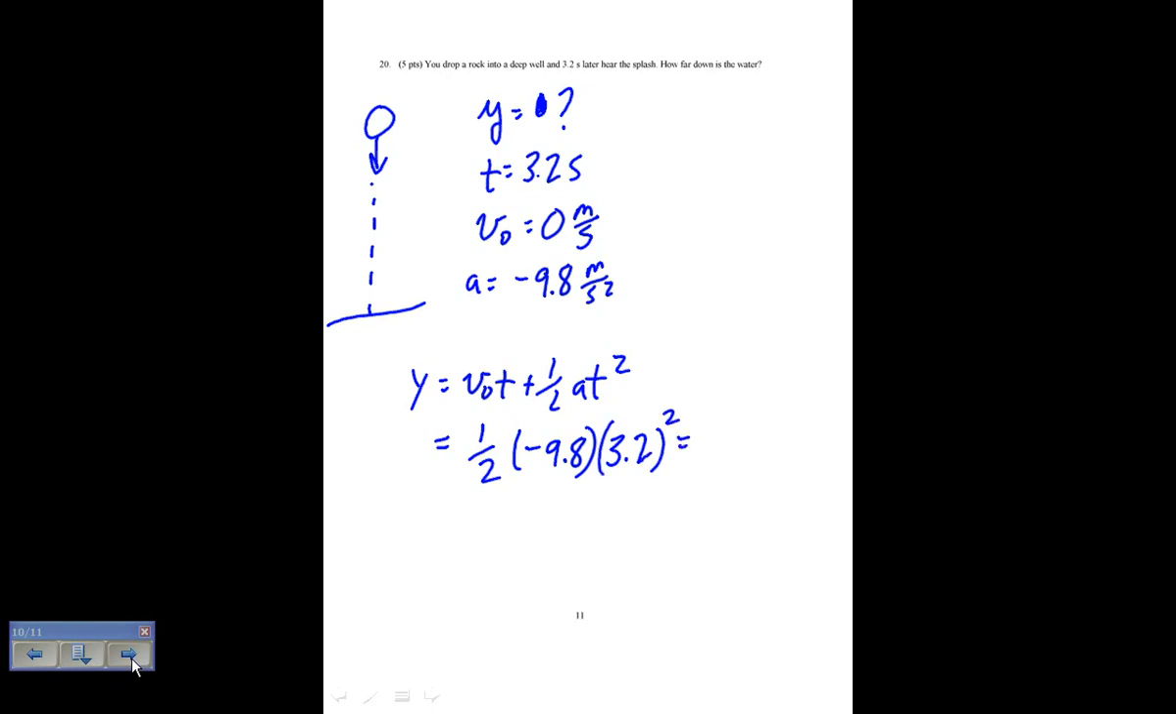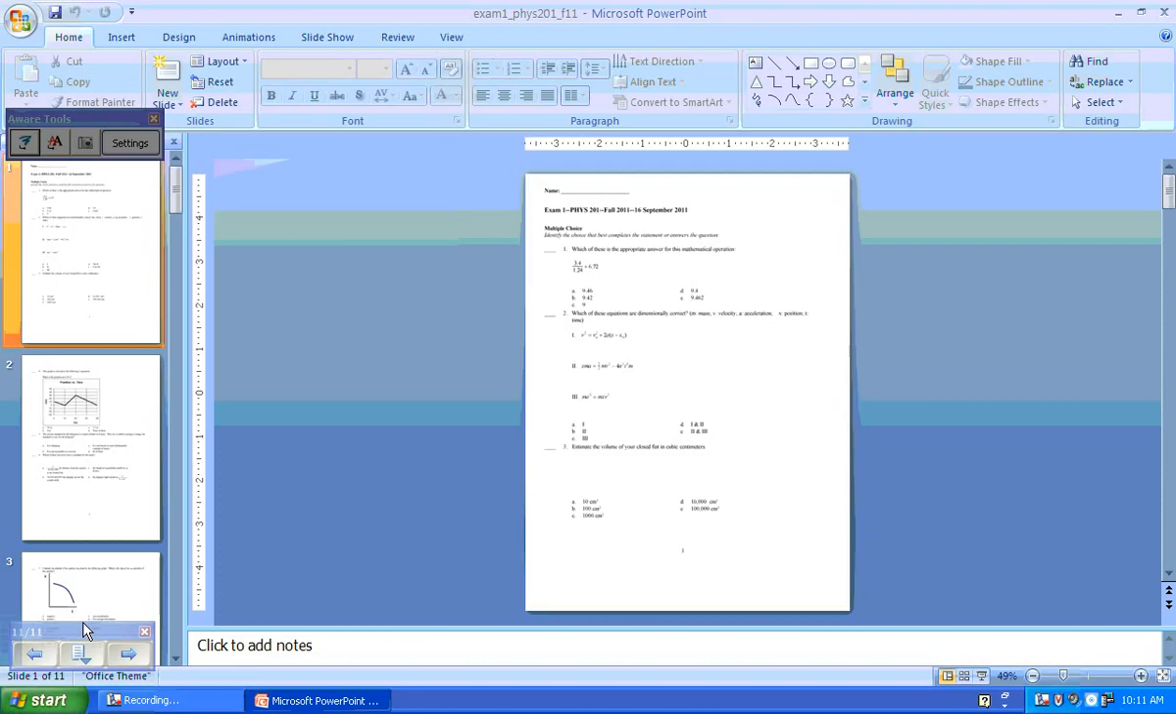y is equal to v0 t plus 1/2 at squared. This was just like a homework problem, by the way. The v0 goes away, so it's just 1/2 times minus 9.8 times t squared, which is 3.2 squared, which gives me